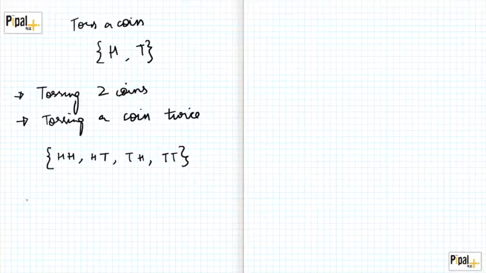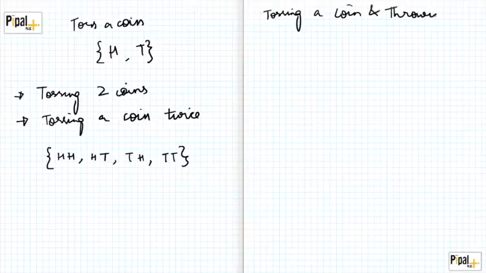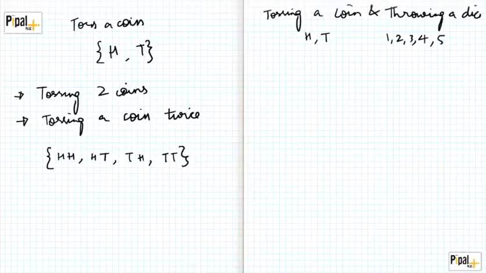Now this compound event, let's say, is tossing a coin and throwing a dice. A coin will have possible outcomes heads and tails. A dice will have possible outcomes 1, 2, 3, 4, 5, and 6. Now, when we do both of these simultaneously or one after the other, essentially, when our experiment comprises these two singular experiments, then the list of possible outcomes is,